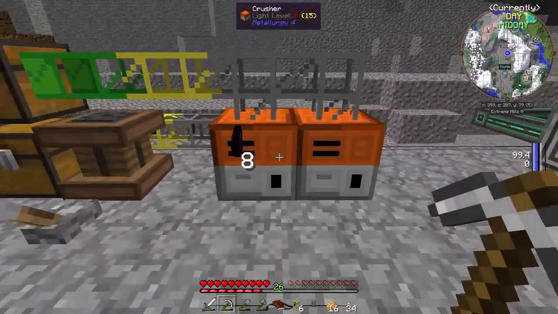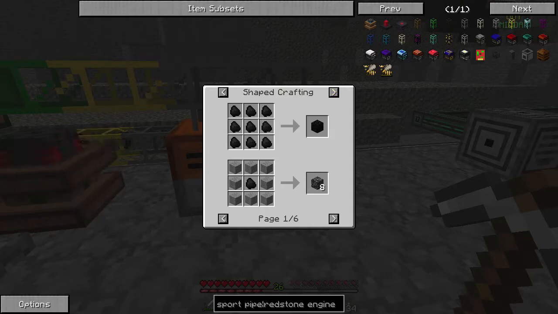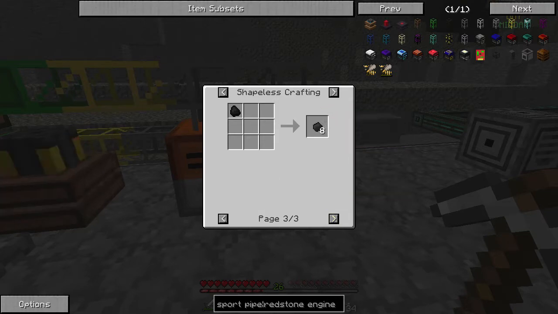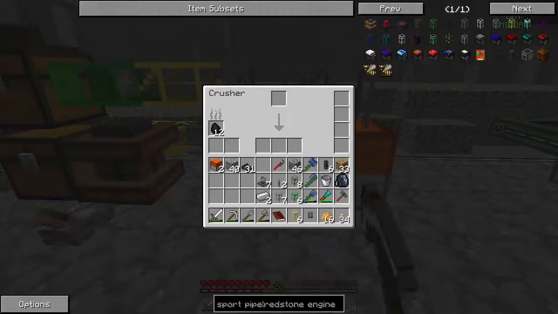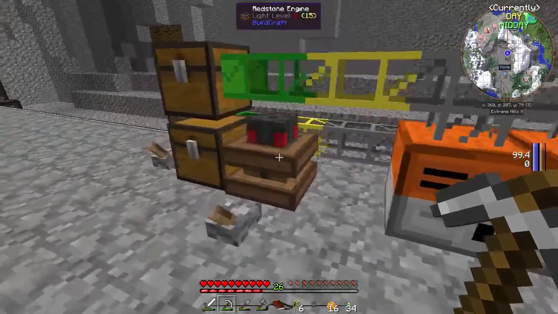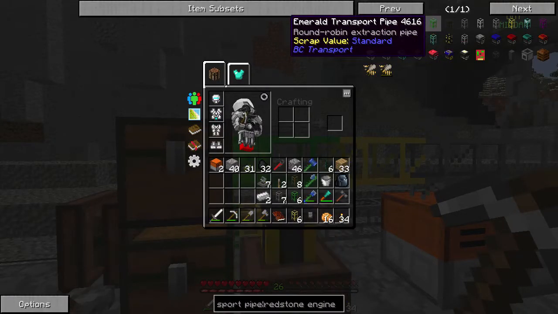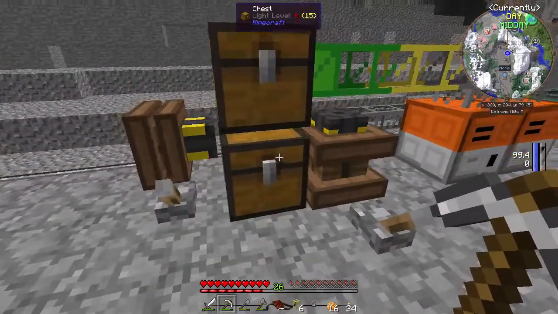So there was half a stack of coal. So by the way, we could turn this into... Can we make this into coal nuggets? That's not what I want. We could use coal pellets. And I think this will work as a fuel, but it might also waste some coal. It's still not even. That is so weird. I don't know why these are called round robin extractions if they don't actually round robin. I mean, they distribute to different places, sure, but it's not equal. Anyways,